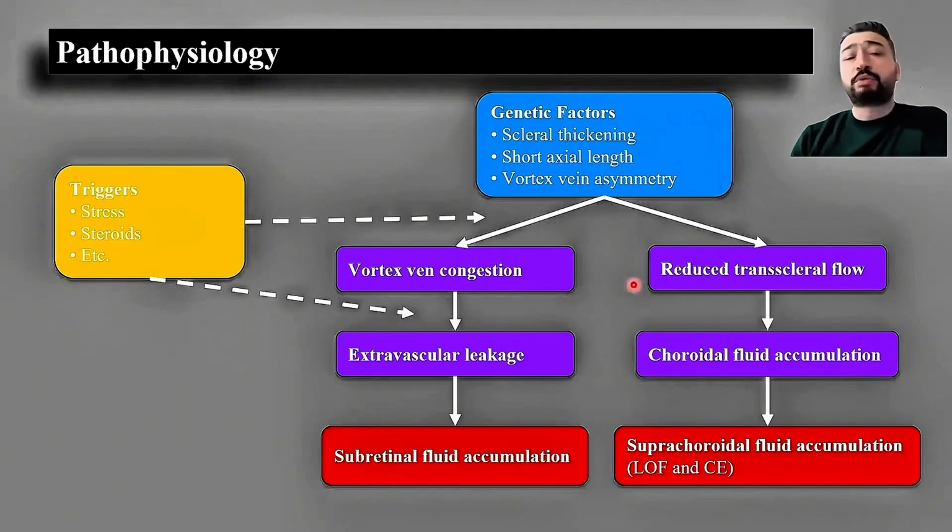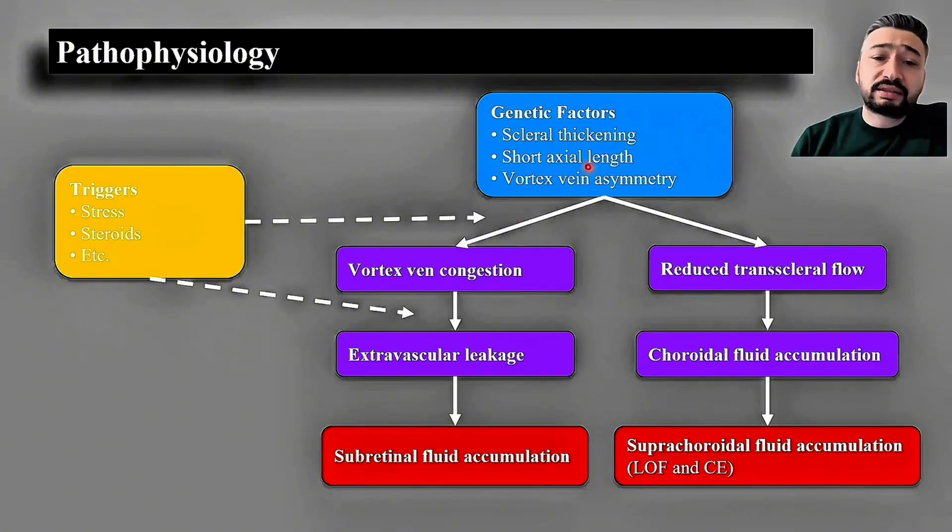They proposed this pathophysiology table. As our genetic factors, scleral thickness, short axial length, and vortex asymmetry are present. Triggers are stress, steroids, and other factors. Depending on this, vortex vein congestion, extravascular leakage, and subretinal fluid accumulation occur. Reduced transscleral flow leads to choroidal and suprachoroidal fluid accumulation,